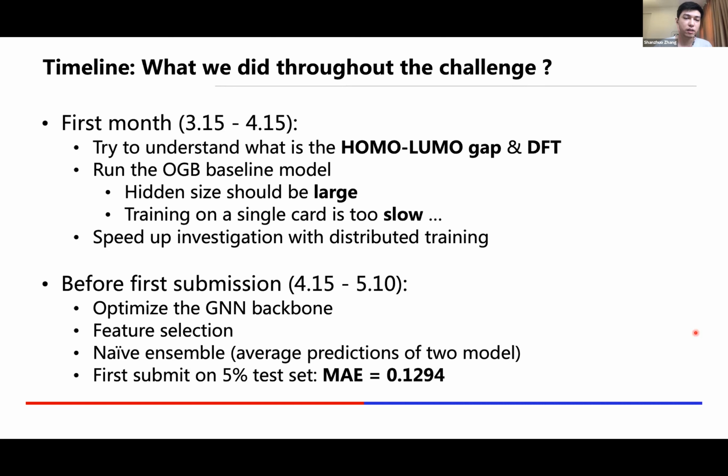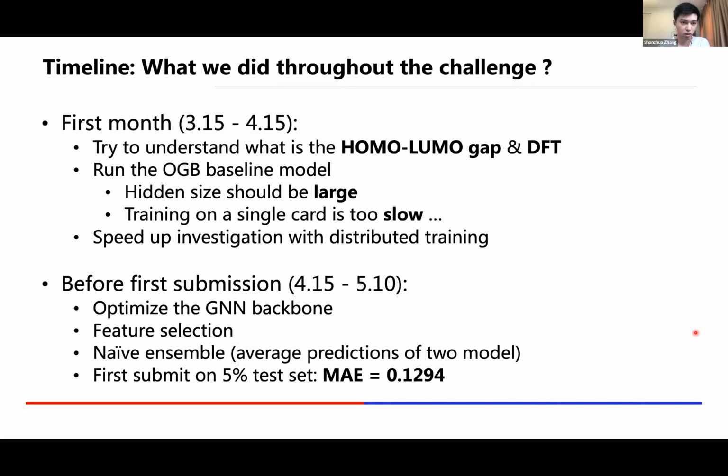So in the following 1 or 2 weeks, we just do some engineering to speed up the investigation with distributed training. And then in the second stage, from April 15th to before the first submission, we focus on